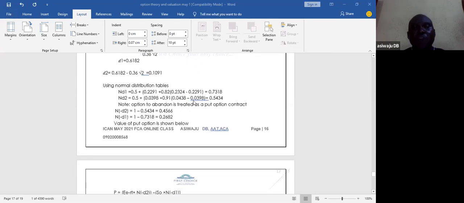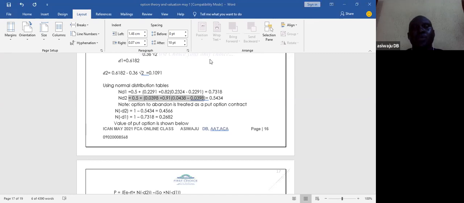Now, when you have this figure confirmed, 0.0 under 1, you are going to have 0.0438. Deduct it from the lower band. Now, if you take your computation fully, you are going to have 0.5434. Now, when you confirm that,